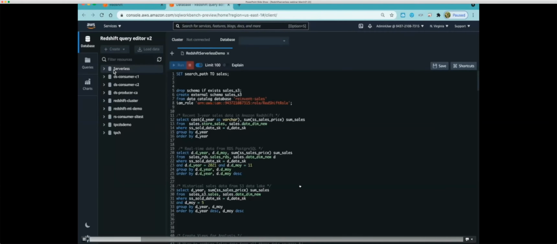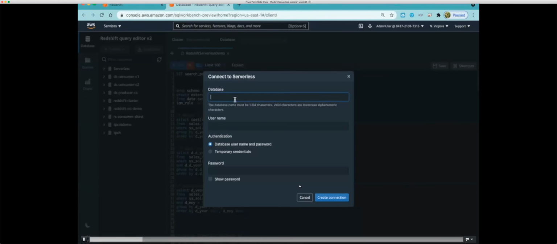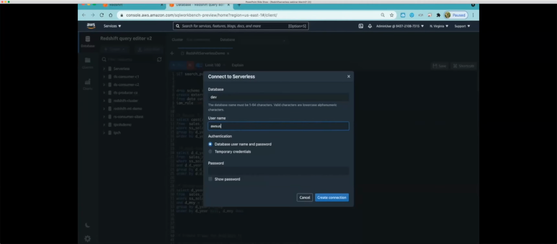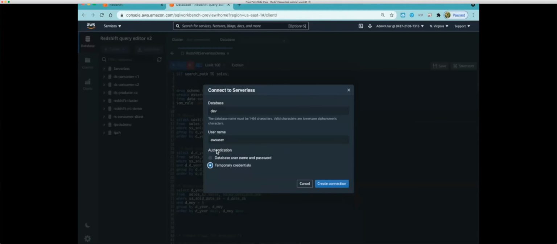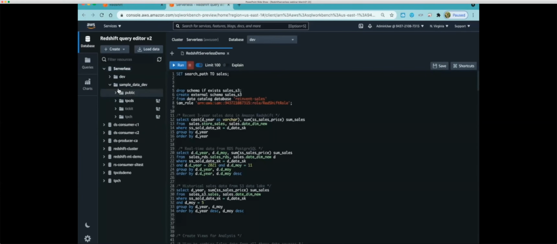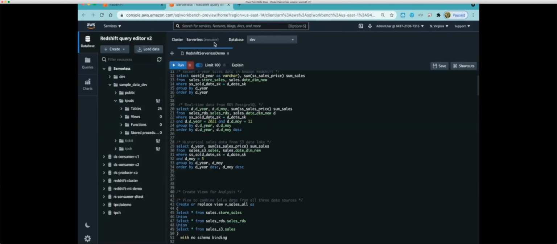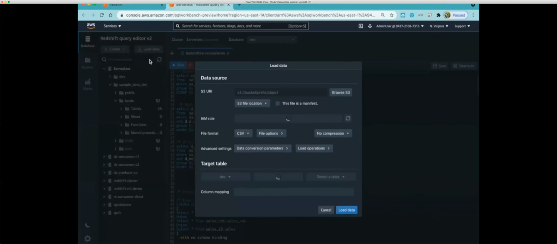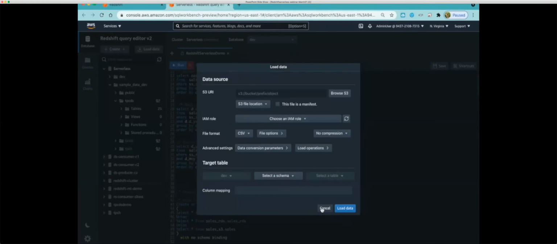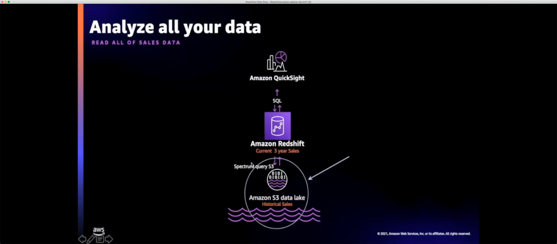The query editor is the out of box query interface for Redshift. And here I can connect to our Redshift serverless database, just specify the username, and I want to provide credentials on the fly, and connect to the serverless. In the query editor, the good thing is I have a bunch of sample data sets, so I can kickstart analytics with Redshift. This includes benchmarking data sets like TPCH, TPCDS, and other interesting data sets. I can also create database schemas and tables.